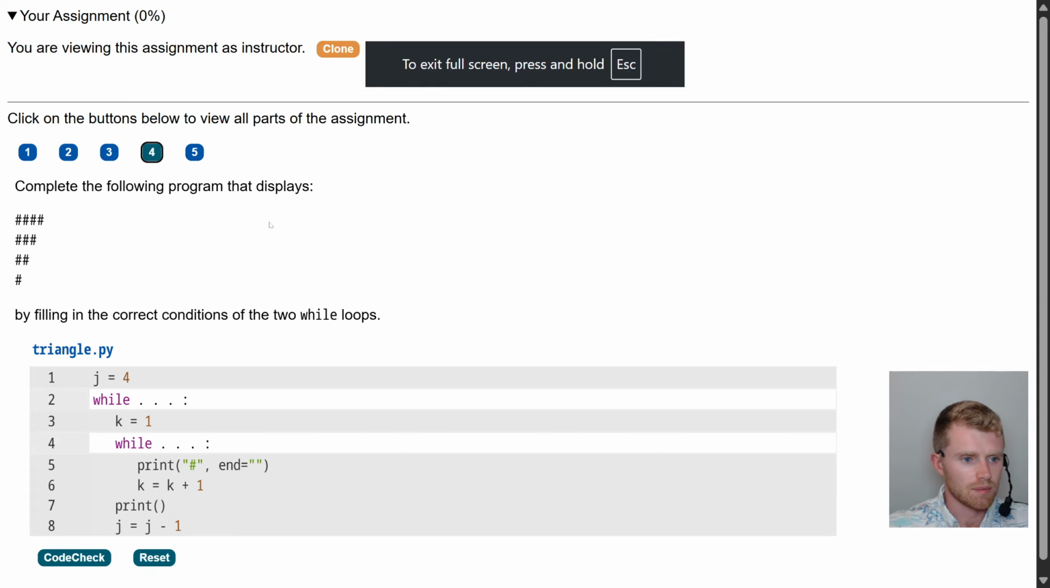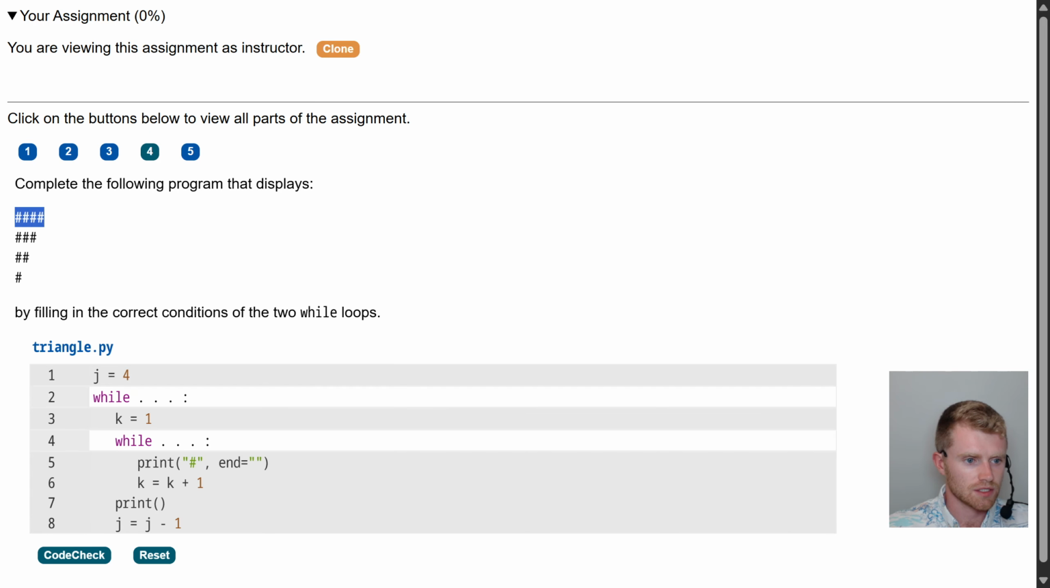Complete the following program that displays 4 hashes, 3 hashes, 2 hashes, and 1 hash, filling in the correct conditions of the 2 while loops. Alright. Start with j equals 4, probably the number of hashes, while j is greater than 0, I'm guessing. Well, there are still some number of hashes to display. Then k equals 1,